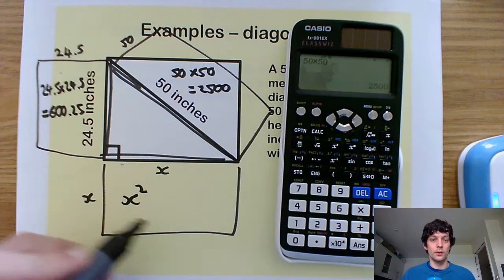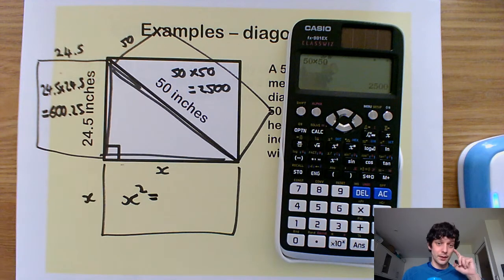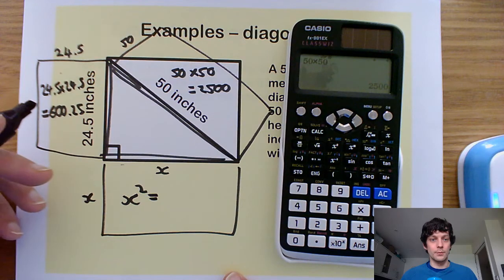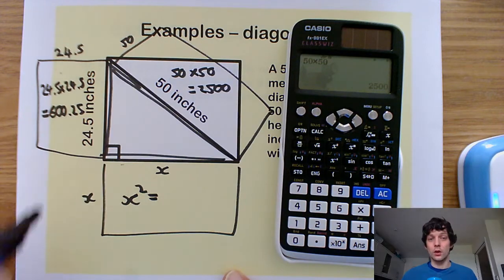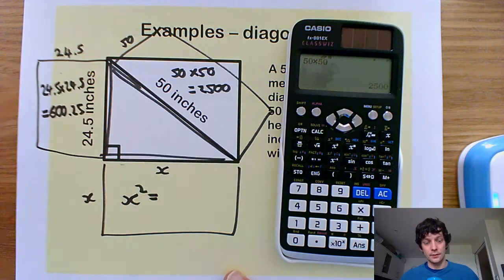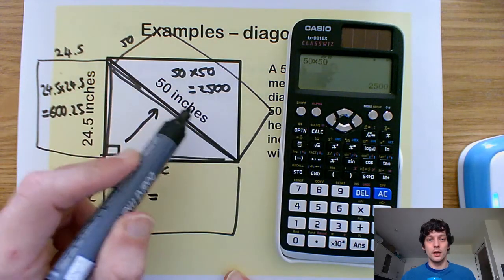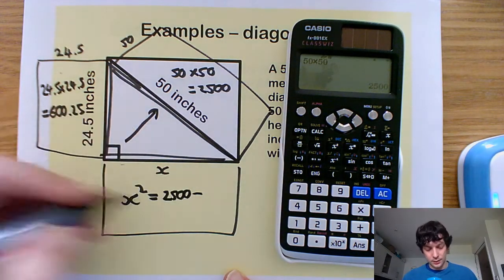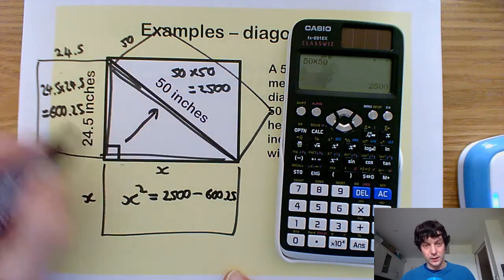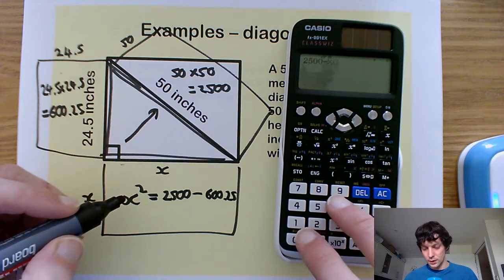Now, this is the one we want to find. I know that it's x squared, but I want to know what number that is so that I can find out what x is. The second step we looked at last week, or the third step, was do I want to add or do I want to subtract? Which is the longest side in my triangle? Well, it's this side here. If I wasn't sure, it's opposite the right angle. So this is my biggest area. So to find this one, I need to take my biggest area and subtract the other, because these 2 areas should add up to make this one. So we're doing 2,500 take away